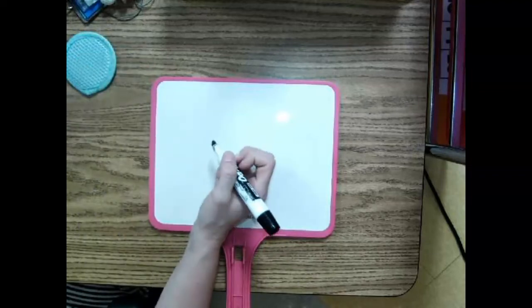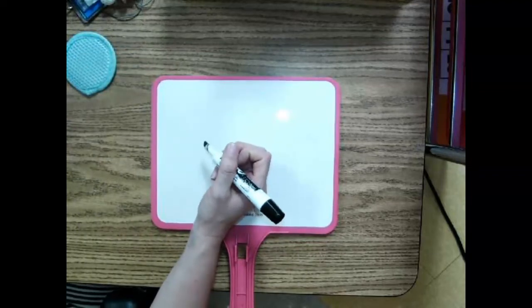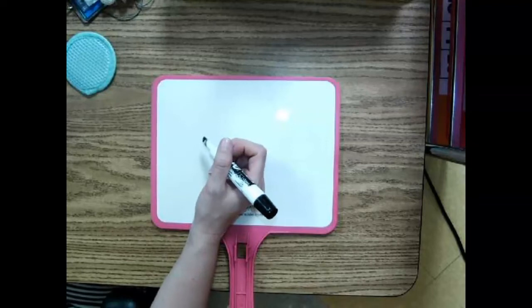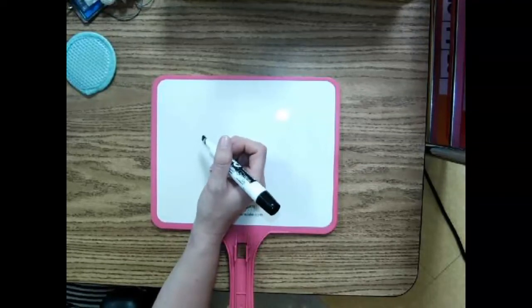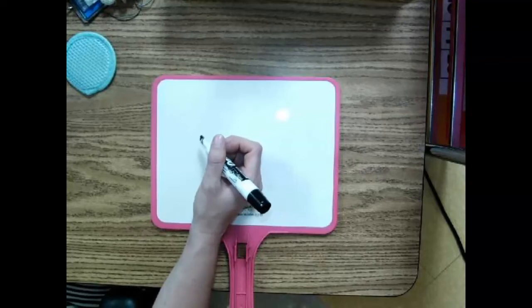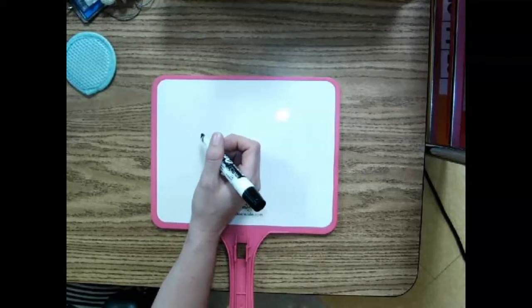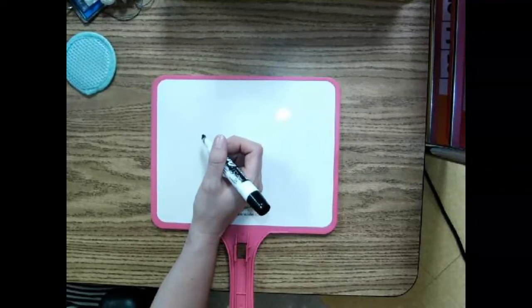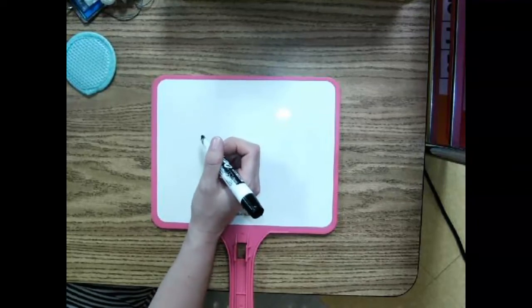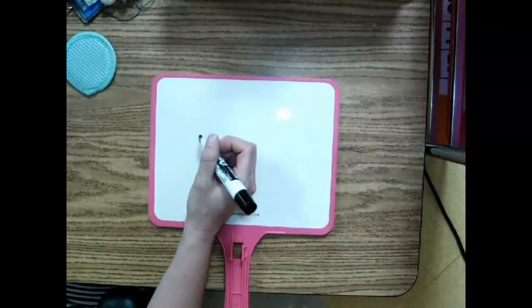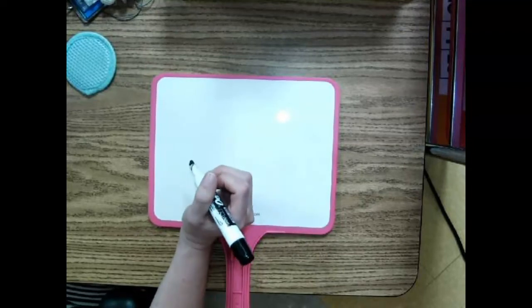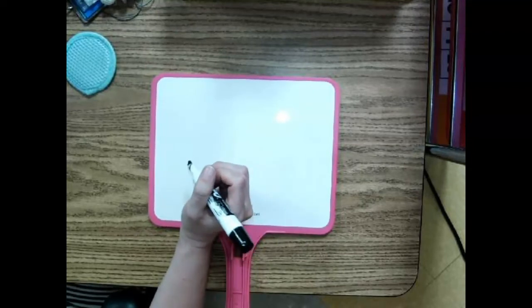Let's start. I'm going to say a sound a letter makes. You're going to write the uppercase and lowercase letters that make that sound. We'll try the first few together, and then I'll see if you can write the letters faster than me. All right, let's write the uppercase and lowercase letter that makes the sound